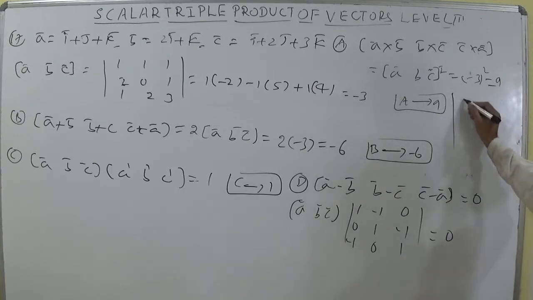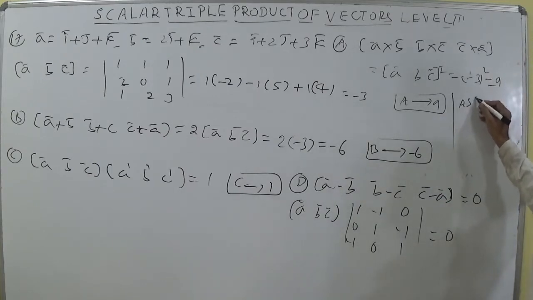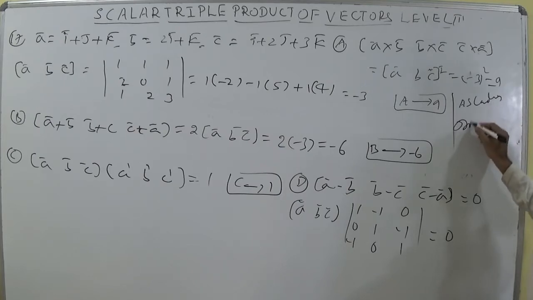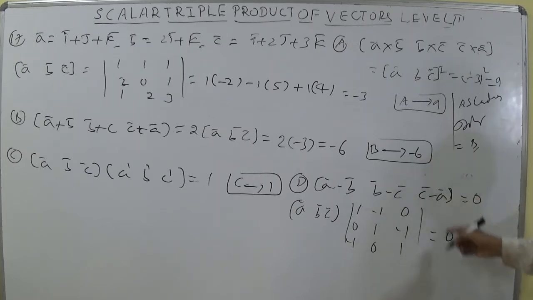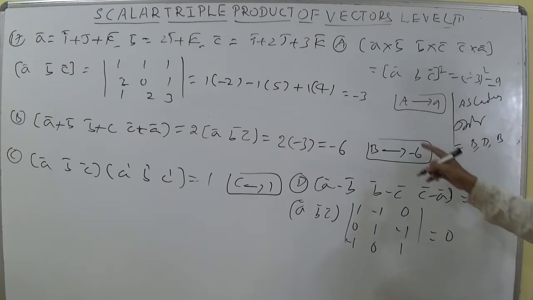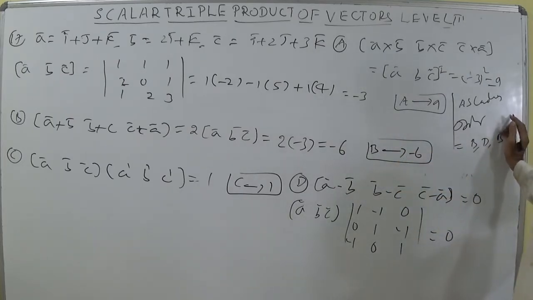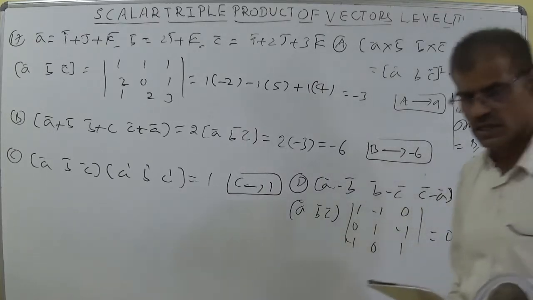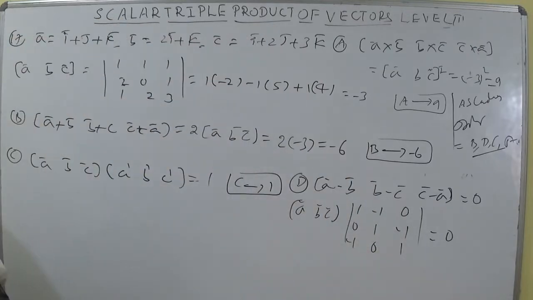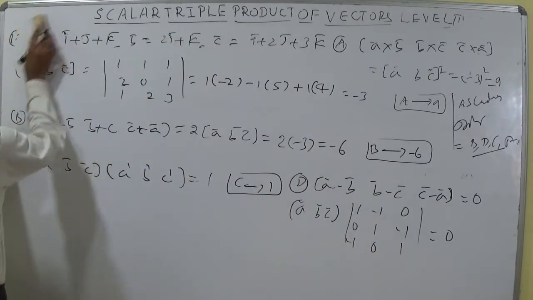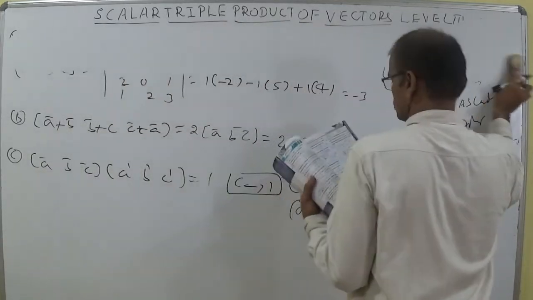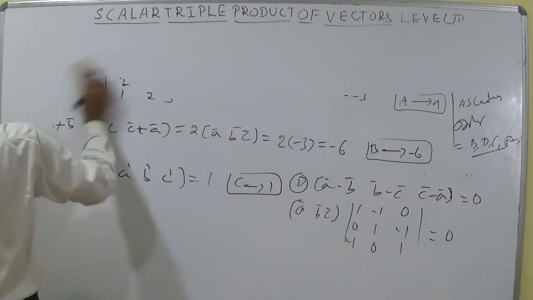So whatever the value he asked, ascending order. Ascending order means small to big. What is small here? Minus 6, letter B. This is B, minus 6. Next 0, letter D. Later the value C because it is 1. Okay. BDCA. BDCA is the second option here. Next, let us discuss the 18th question.